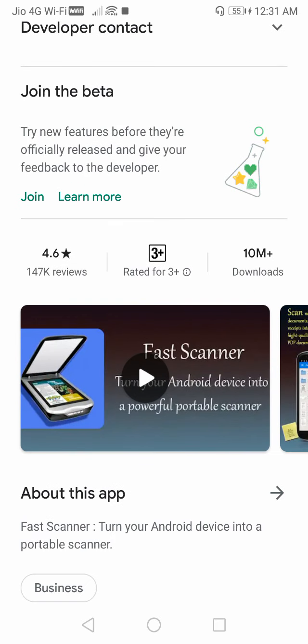For this app, the rating was 3 plus and 110 million plus downloads are there. Now in this video, I will tell about how to scan, how to edit, how to create a PDF, how to export, and how to share.